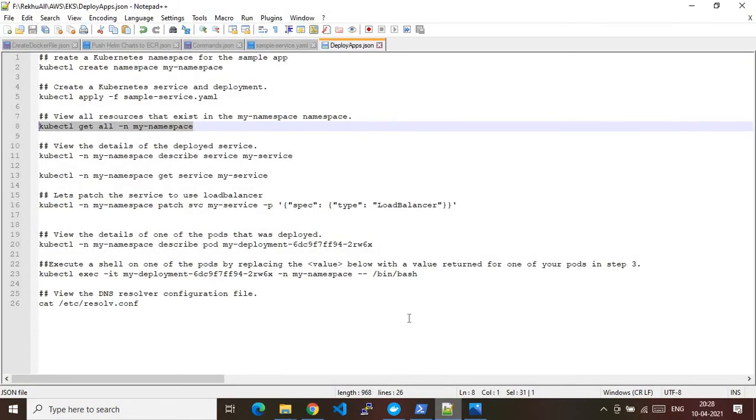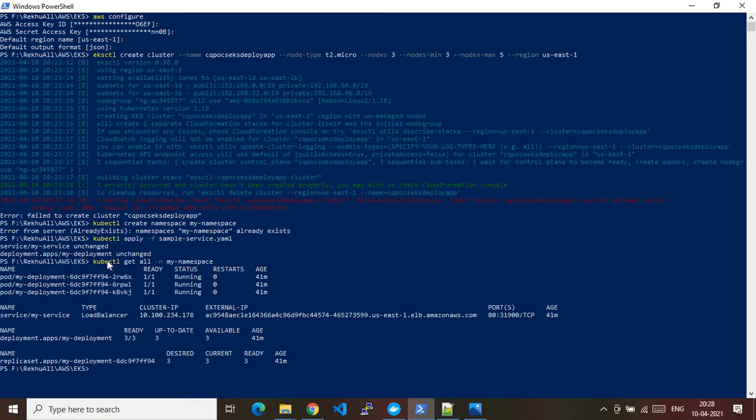It is taking some time. After that, I will show you how you can retrieve the details about your services as well. Then finally, I will show you that the application is running. So let's go to the next one. Here you go. It has retrieved the complete data about my namespace. This is one deployment, and this deployment contains 3 pods. These are the pod names, and they are in running state, running since 41 minutes.